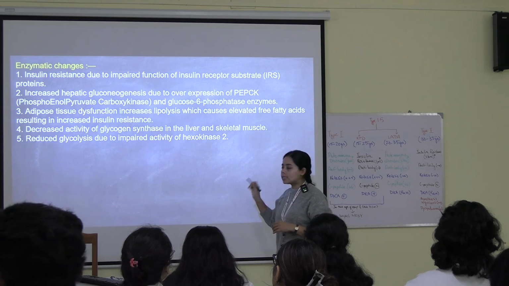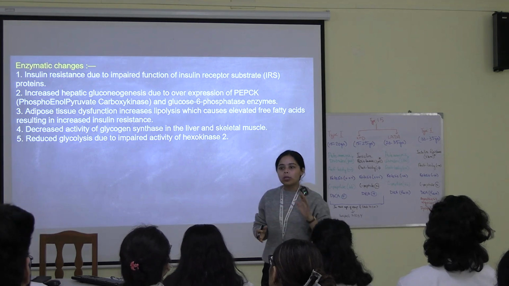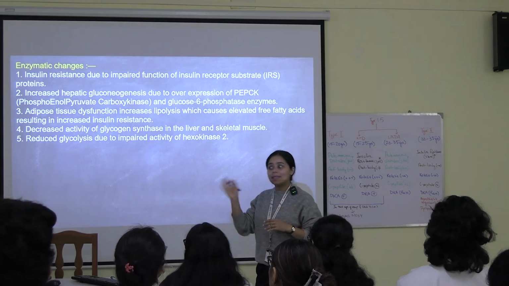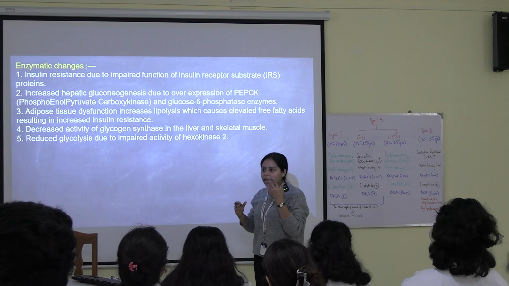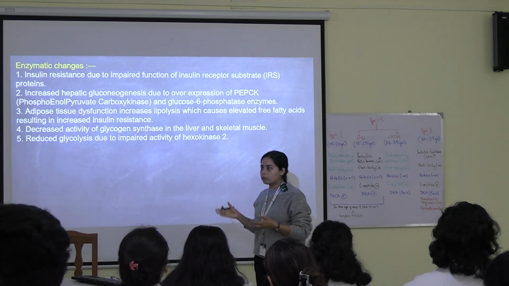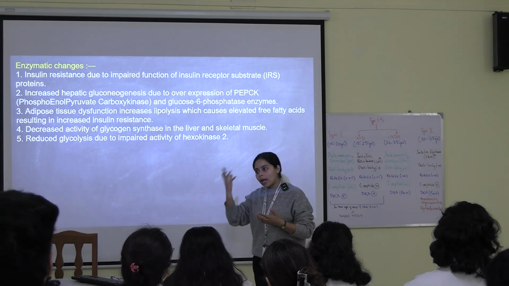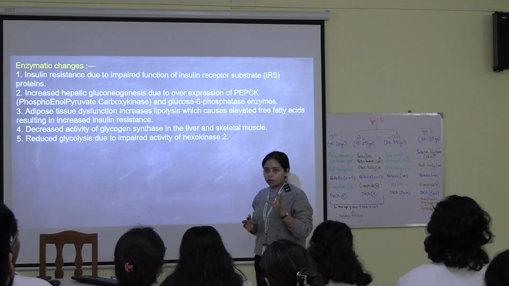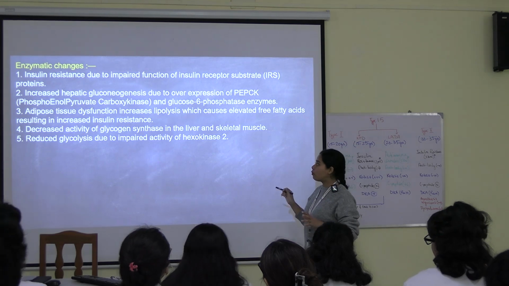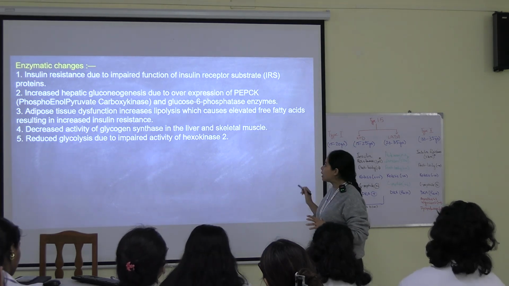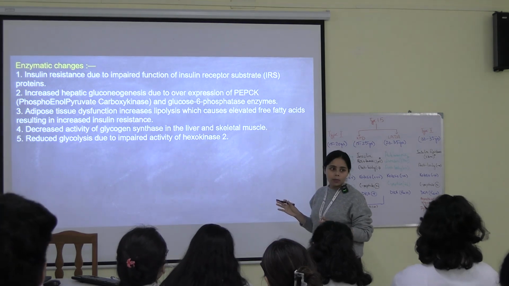Now what glycogen synthase does is, it's an enzyme which helps the excess glucose get stored in the liver and the muscle, so that when there is an energy crisis, it can be used up. But if there is a defect of this enzyme, will this process happen? It will not happen. So the glucose level will stay high, because it is not getting stored for future use, right? So decreased activity of glycogen synthase in the liver and skeletal muscle will ultimately result in diabetes, that is, more glucose in the body.